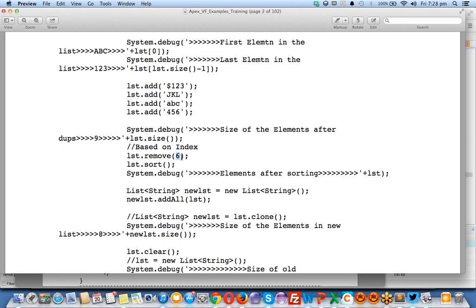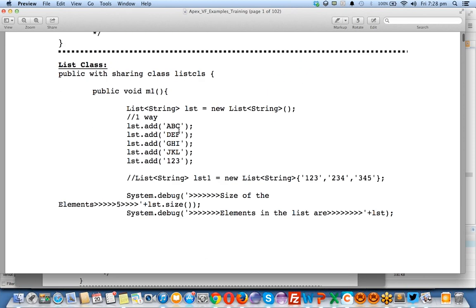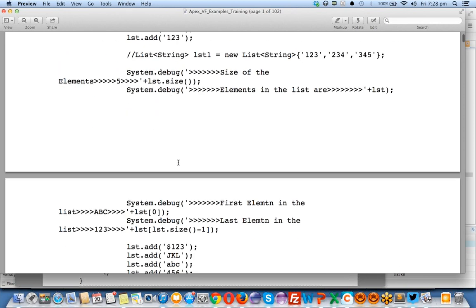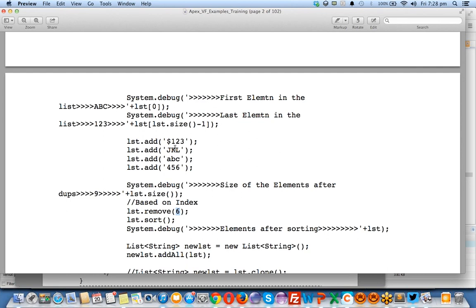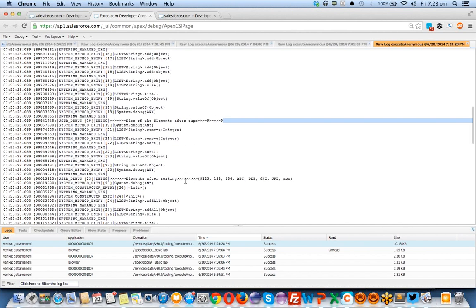Okay, sixth index value. What happens? What is the sixth value? Five values are here like a b c d e f g, all this stuff. The sixth value is this, the seventh value is this. Okay, I think if I'm indexing the seventh value, this is going to remove the